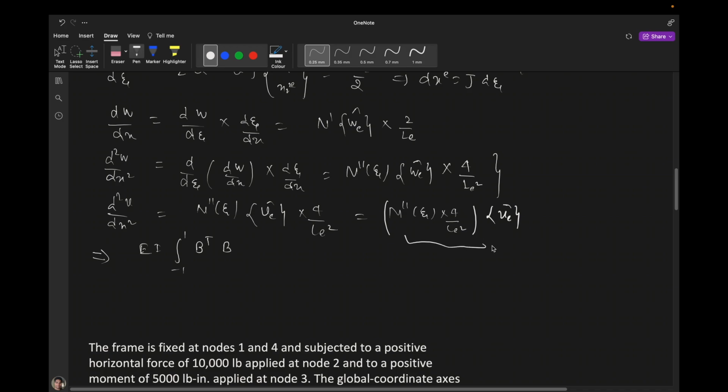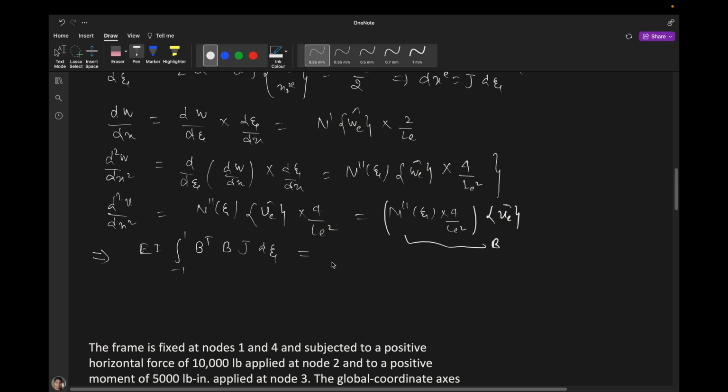This whole term will become B. That's why it will become B transpose B, and since we are changing the variable from dx to del zeta, again J will come. So J del zeta,